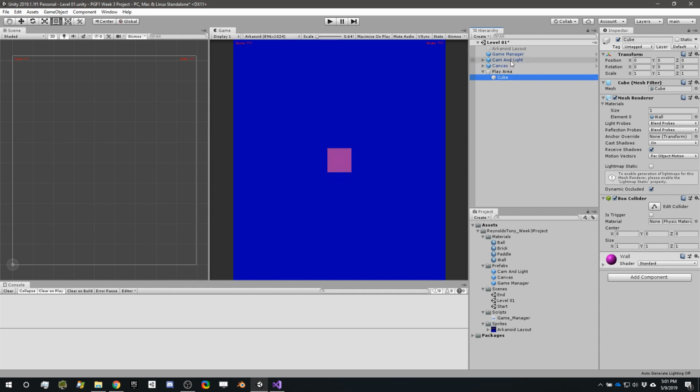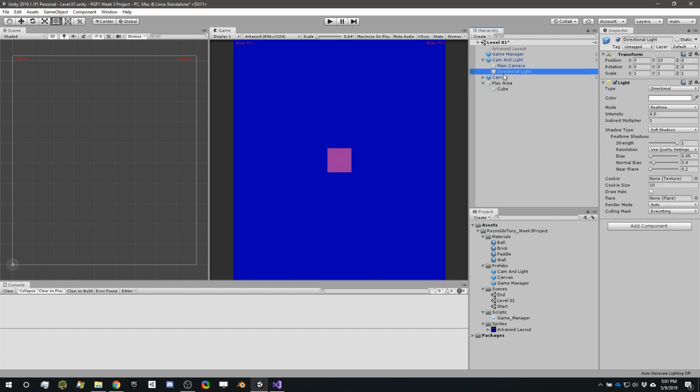Well, if we take a look at our cam and light, remember the direction of the light is straight down the Z, so it should be illuminating 100% on this surface. But I also dropped its intensity. So if I crank it up, you start seeing it kind of gets a bit brighter. But it turns out this is because we need to bake our lighting. Now,